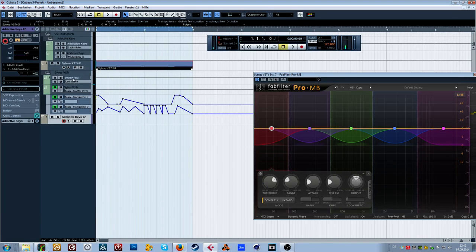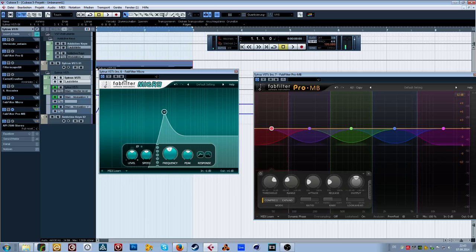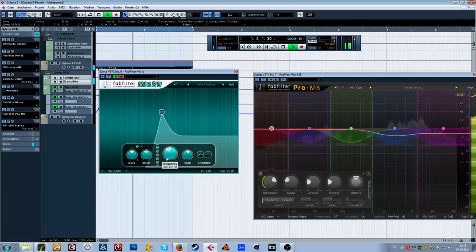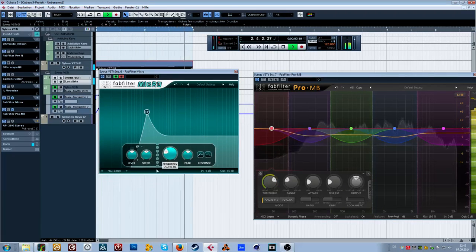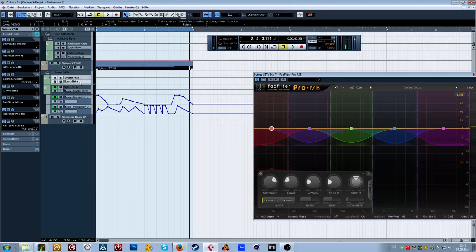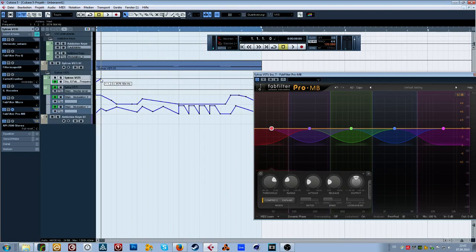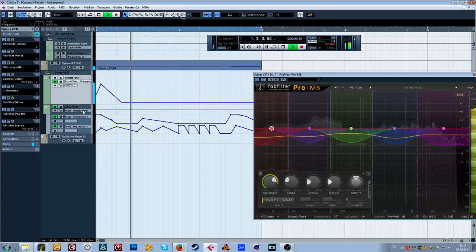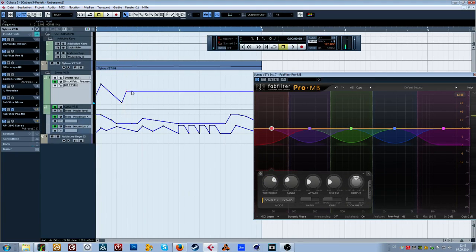And then I still have this high pass here that can do some movements, which are very important for the general